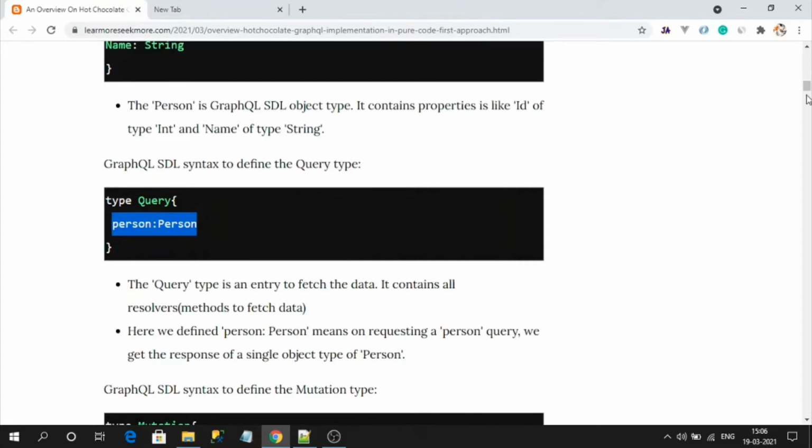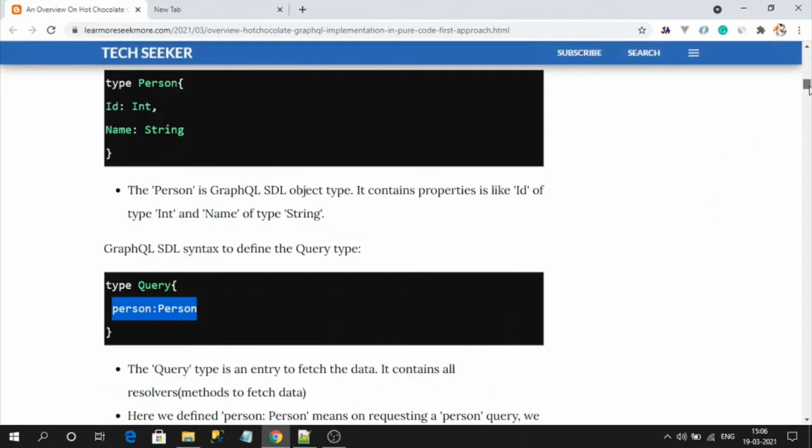This person is nothing but the GraphQL type that we have defined here. So the GraphQL query type looks like this. In this query type we will have all the different types of operations like fetching. All the methods will be written in this query type.